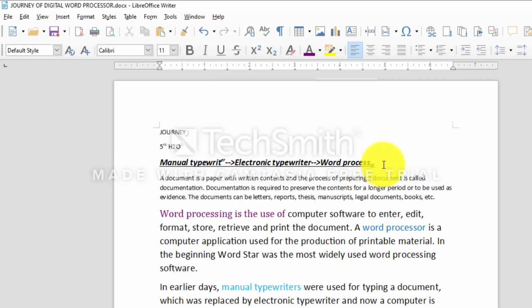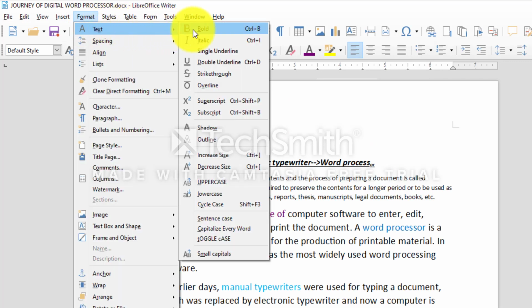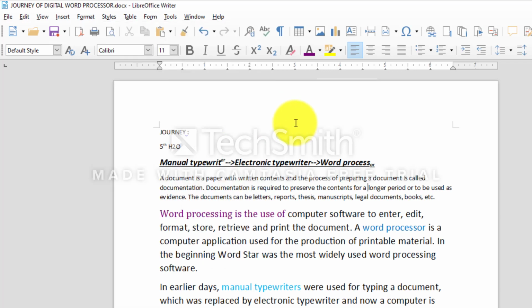See the shortcut keys for superscript and subscript. It is Ctrl plus Shift plus T and Ctrl plus Shift plus B respectively. You can also use these buttons mentioned in the formatting toolbar.